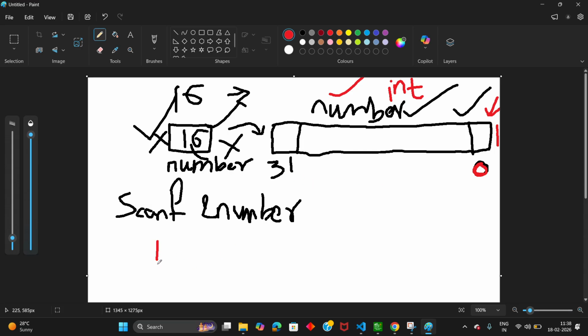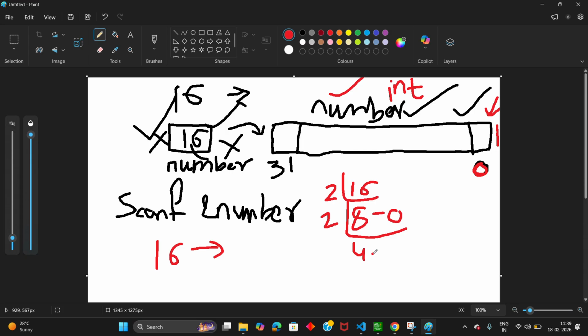Now, if you are going to convert this number 16 to binary, you simply divide this number by 2. 2 8s are 16, and the remainder will be 0, right? You need to write the remainder on the side. And then 2 4s are 8, remainder is 0, right? And then 2 2s are 4, remainder is 0, right?